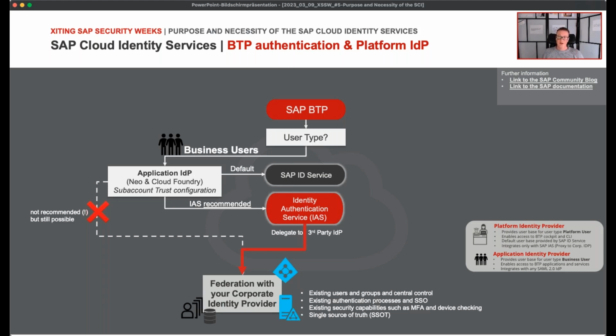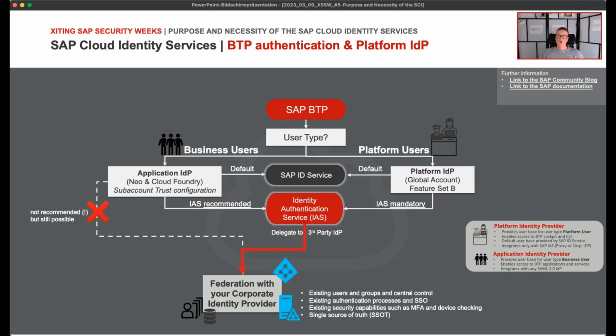So the BTP now allows customers to use their IAS tenant to log into the management tools, like, for example, the BTP cockpit, the command line interface, and also some Cloud Foundry clients. There are some restrictions. You can read about it in the blog article and in the documentation here on the upper right side. However, it allows you to authenticate without using S users from SAP.